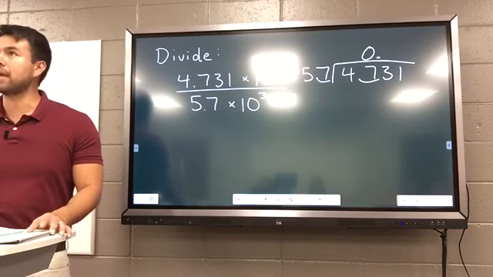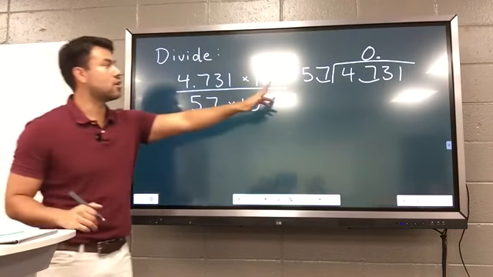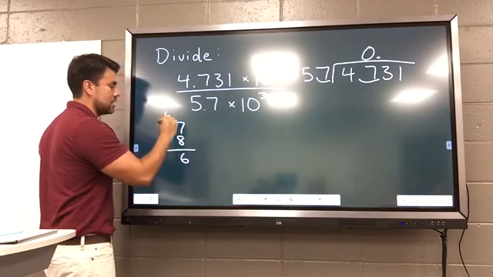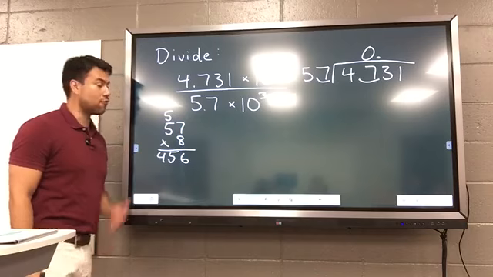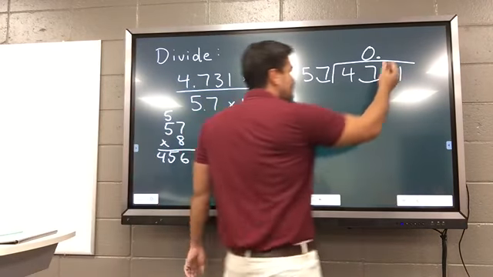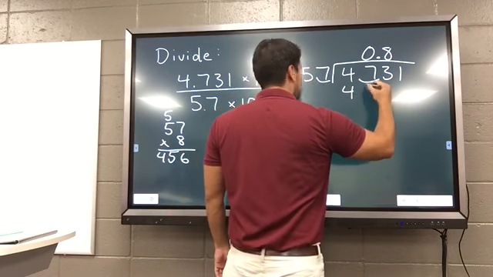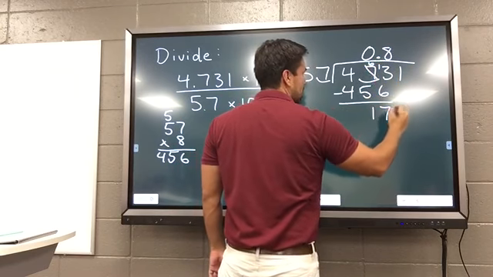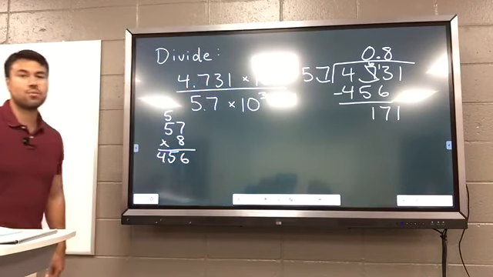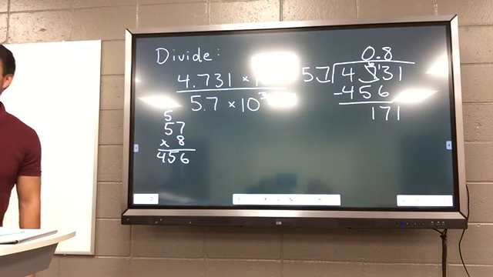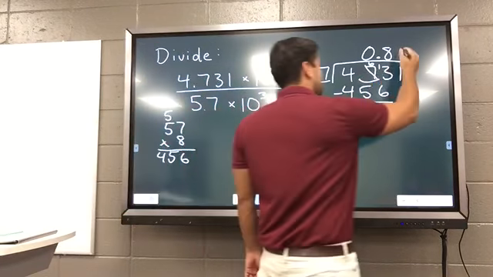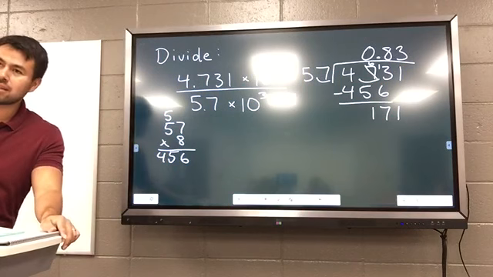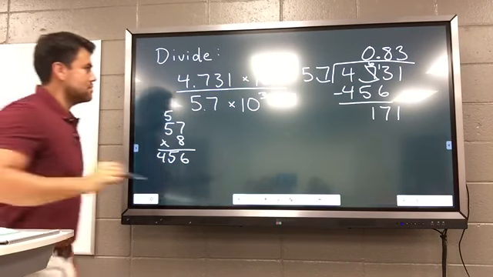I take an estimate. I'm like, okay, 5 times. You work that out and you're like, no, that's too small. But 57 times 8 gives you 456. That looks like it's the number. You just try, and you get your 8. 456, you subtract. 57 goes into 171 exactly 3 times. Thankfully we'll do that for you on your homework. You're not going to have repeating or non-terminating decimals. Then you subtract 3 from the 8. So I got